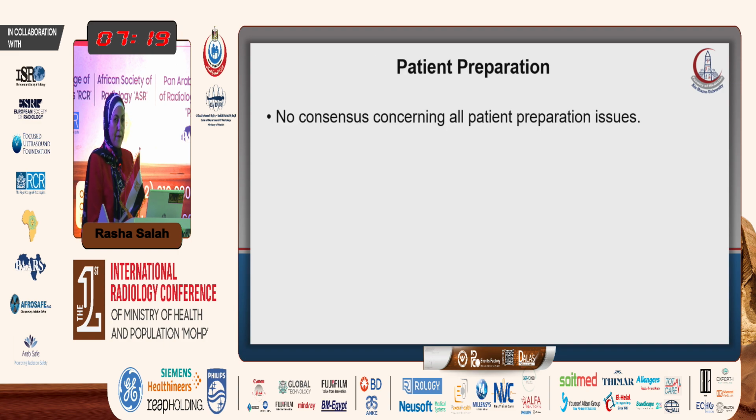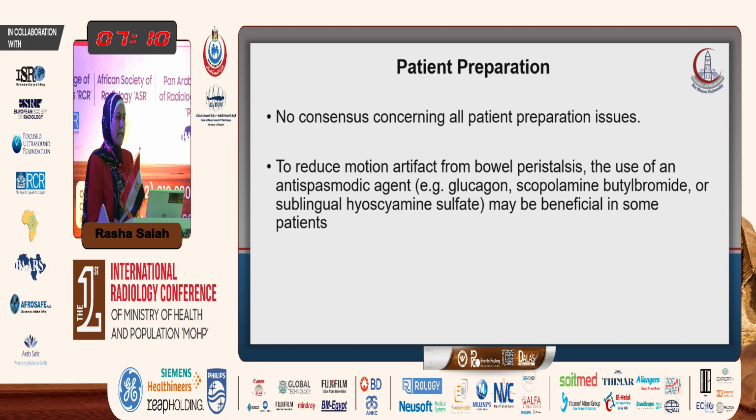As regards the preparation, there is no definite targeted preparation for the patient before doing the multiparametric MRI. Sometimes we can use an antispasmodic agent to keep the rectum from contracting and inducing artifact during the examination. And also we need to have serum creatinine and PSA lab tests before the examination. The serum creatinine is needed because we will inject contrast, and the PSA for reporting and evaluating the PSA density.